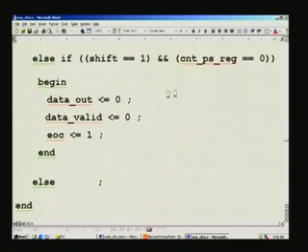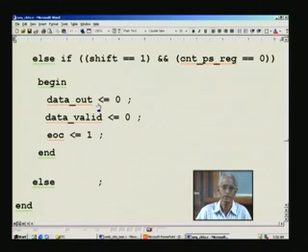So, in this case we have finished the job. In fact, at the previous positive edge of the clock itself we have completed the job. Now, in this edge we need to just deassert the data valid, because we are not outputting any data as such. That is what is here. The data is 0 here, and naturally end of conversion is over. Therefore, we assert it here,